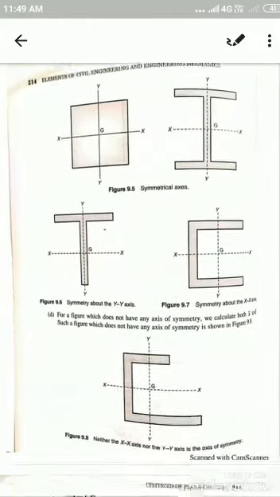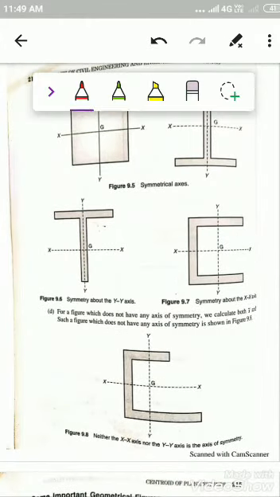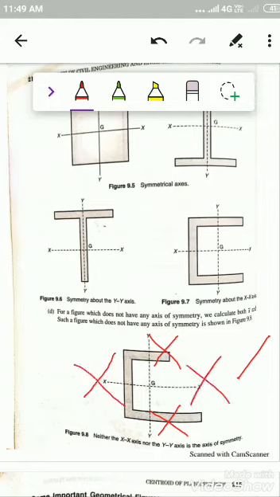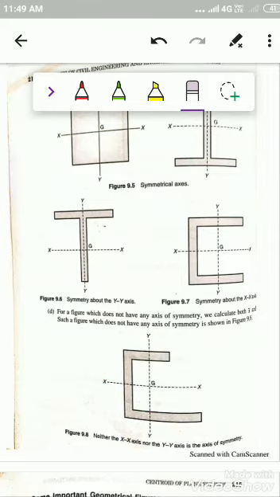And we can observe another condition, unsymmetric. You can observe this one. It is neither symmetrical about the x-axis nor symmetrical about the y-axis. That is what we call unsymmetrical planes. So these are all the basic concepts we come across in the